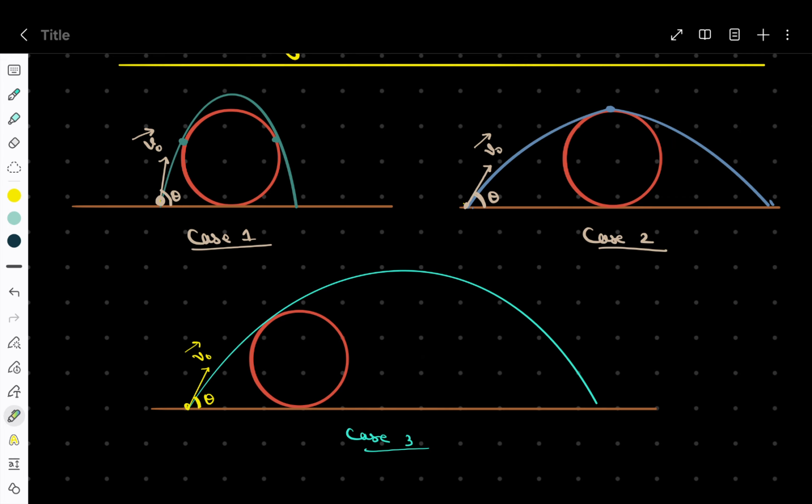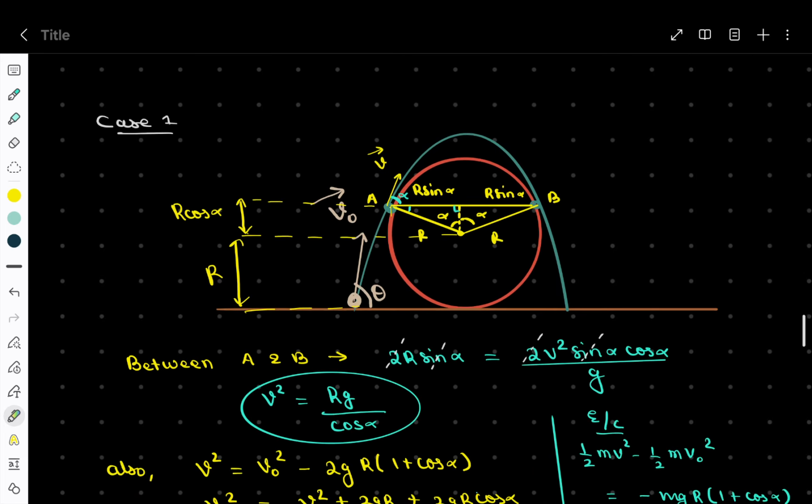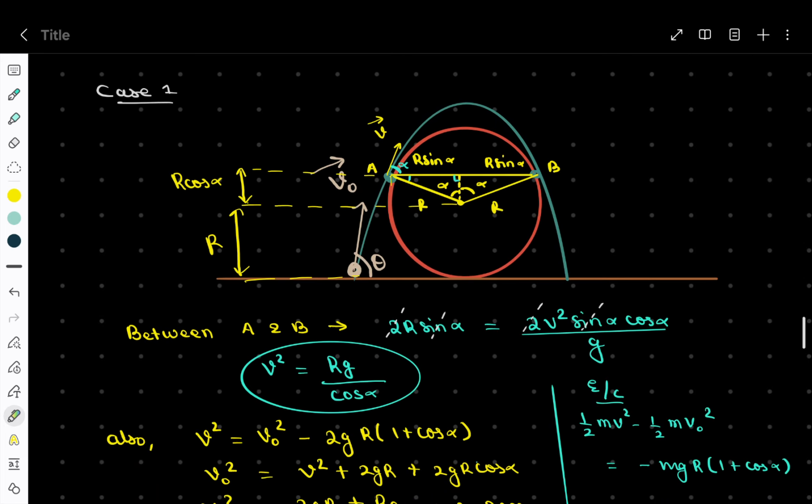So now we just need to compare between case 1 and case 2, correct? So let's do it first for case 1. So I have drawn it again. So the particle has been thrown, let's say with the initial velocity v0 vector, and it touches the wooden log at 2 points A and B, and v vector is the velocity vector when it touches the wooden log at point A. So now if we just look at the trajectory from A to B, then we'll find that it is